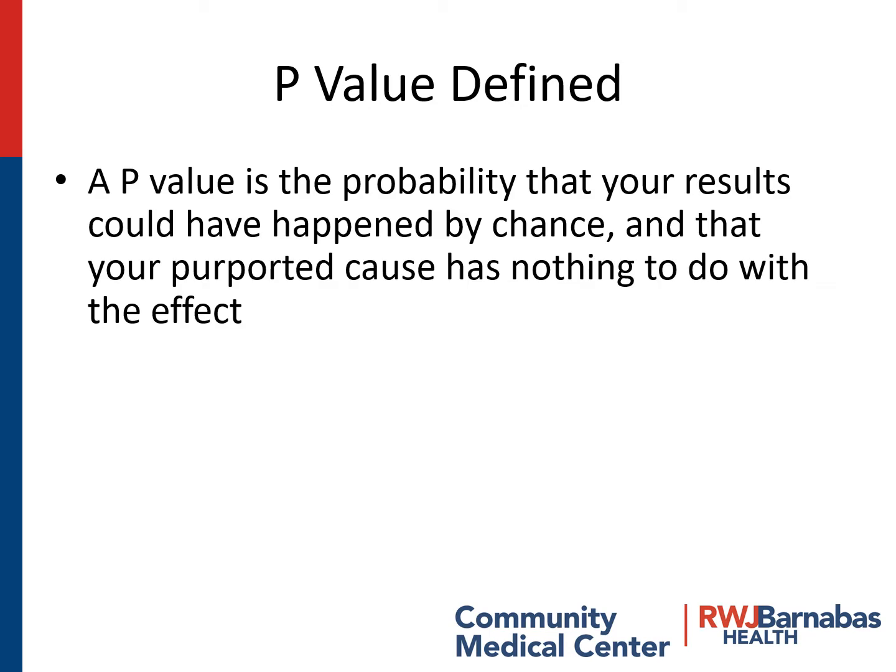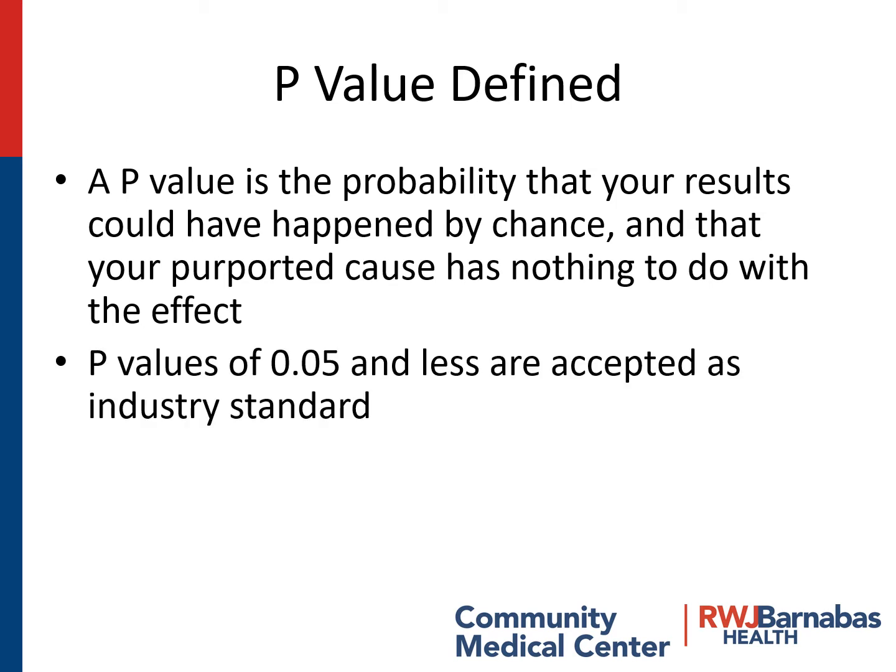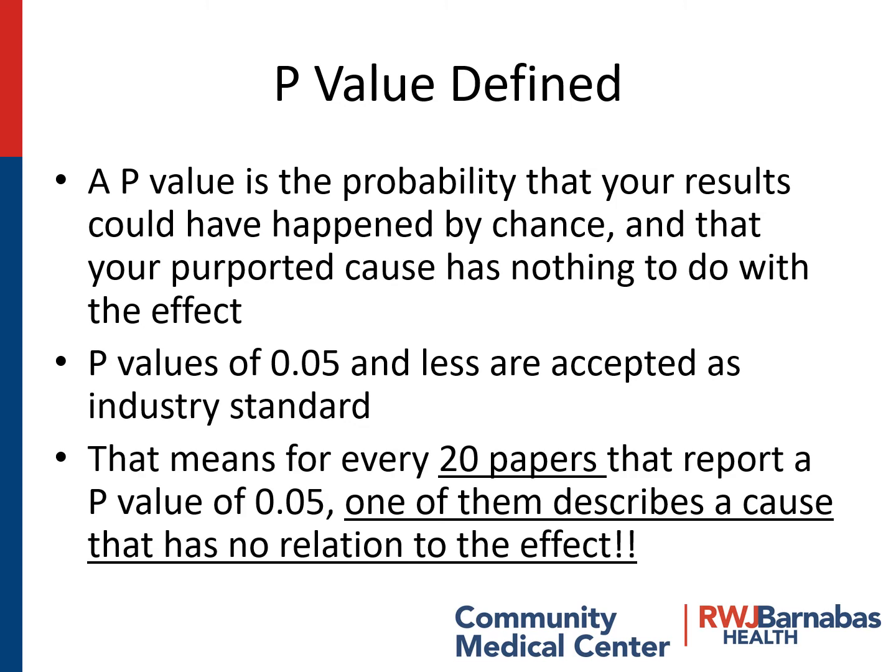Basically, a p-value is the probability that the results you have got could have happened by chance alone, as opposed to a systematic effect from the factor of interest. And 0.05 is essentially an arbitrary cutoff. There's nothing magical about it. It's just something we all came together and agreed that this is where we draw the line. This is statistically significant, and everything higher than it is not statistically significant.